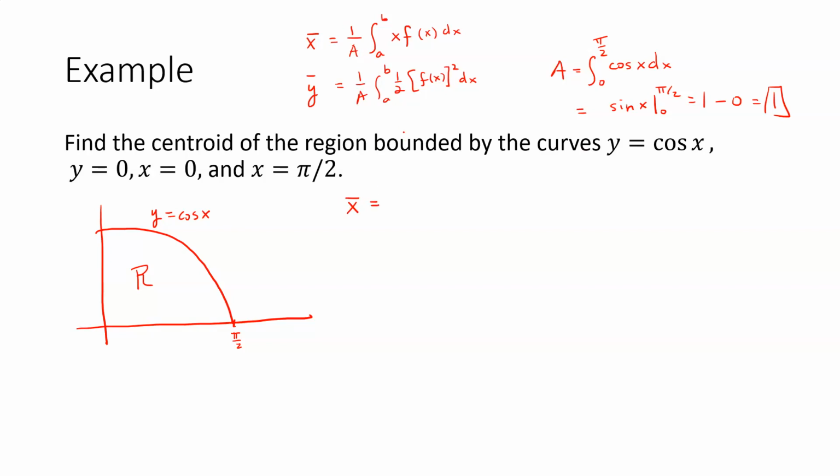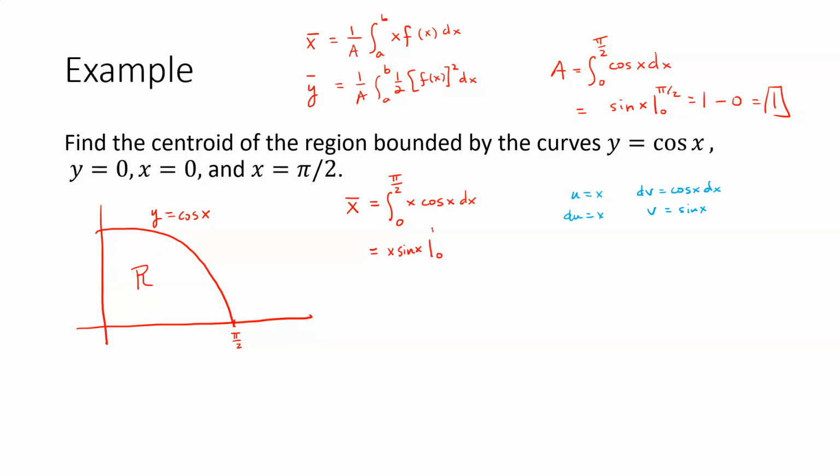1 over A is just 1, and then we'll integrate from 0 to pi over 2 x f of x, so x cosine x. Okay, so to do this integral, now we'll do a little integration by parts. So let u equal x, dv equal cosine x. So du equals dx, v equals sine x. So according to the parts formula, we'll have x sine x